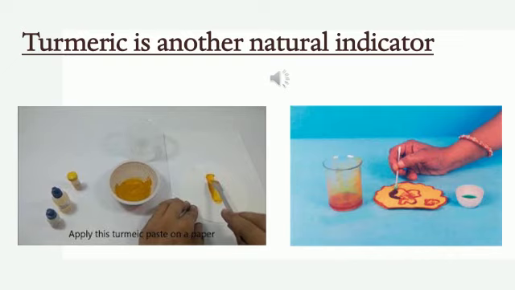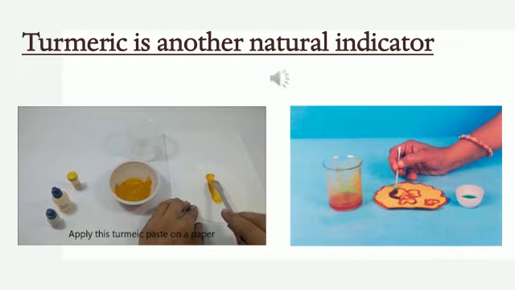In the first picture you can see it has been made into a paste. And make this turmeric paper by depositing all this turmeric paste on a blotting paper. We need to use blotting paper or filter paper. See, in the first picture they are applying the turmeric paste on the paper. Okay, you need to apply it on blotting paper or filter paper. Okay, and you need to put a drop of soap solution on the strip of turmeric paper. Then what could you observe? It turns blue,